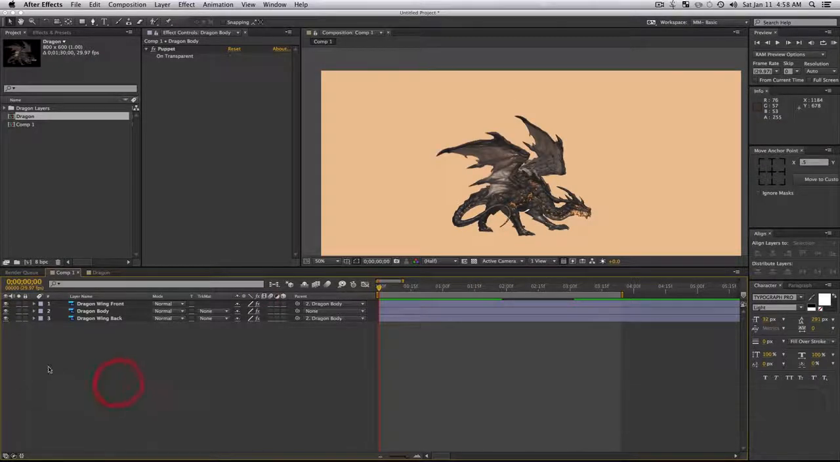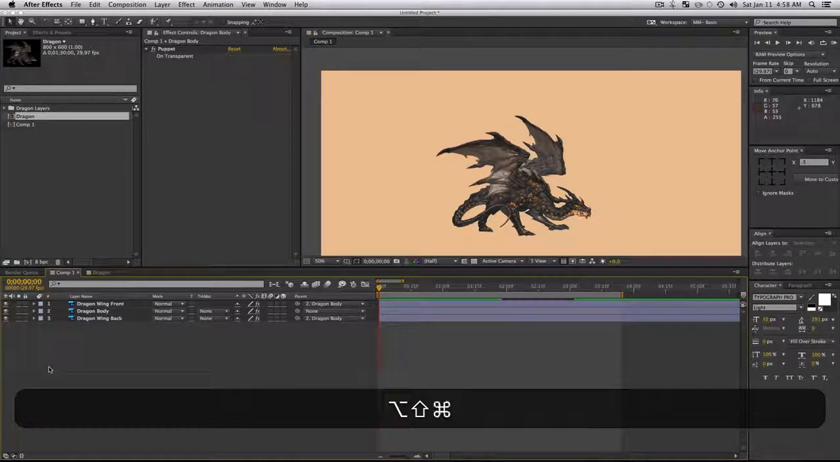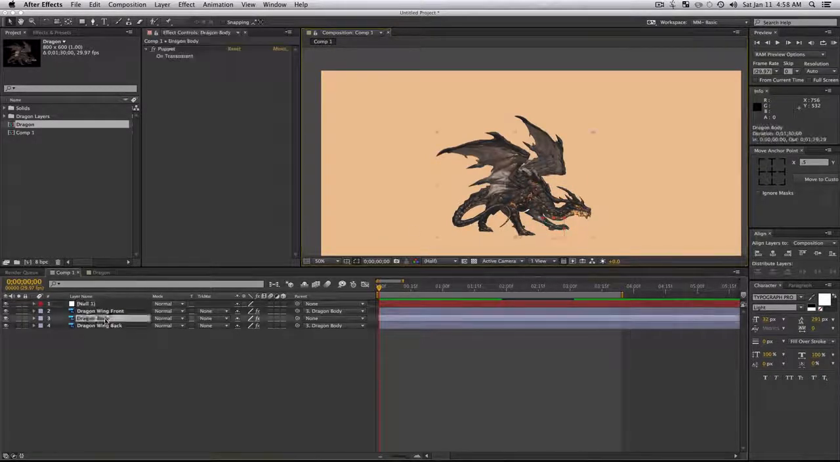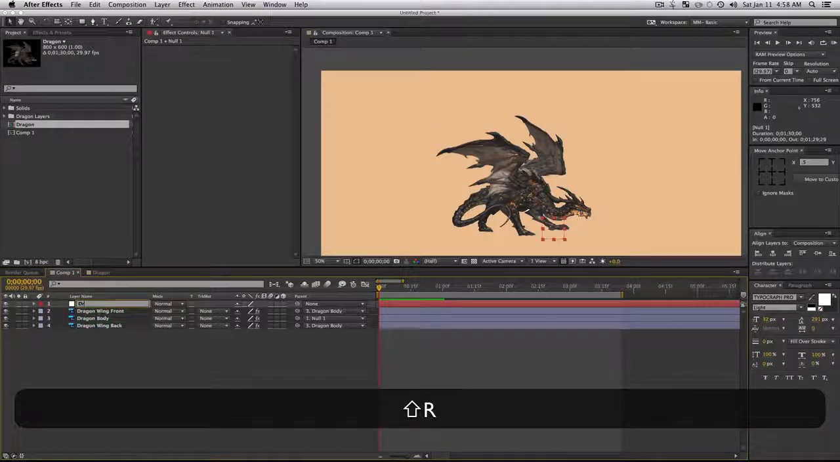Alright, so let's create a null object. We're just going to do Shift Option Command Y and create a null, and our null is going to pop up right here. I'll just put it somewhere on the dragon. There is fine, and I'm going to connect my dragon body. I'll pick whip it to my null. I'll call this dragon control,